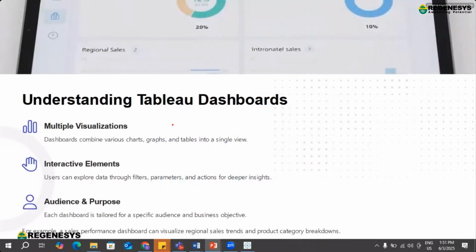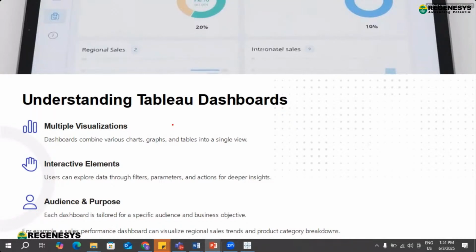So understanding dashboards: we have multiple visualizations on the same page. It is an interactive element. Let's say I have created five charts, but for one team I have to show two, and for the next team I have to show three. My audiences are different, but the work I have done is for all.